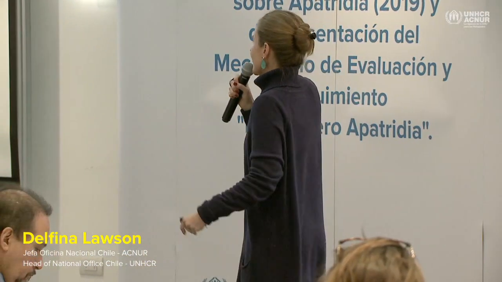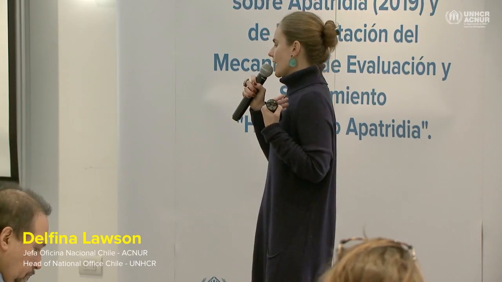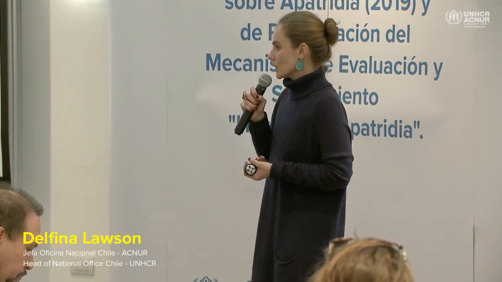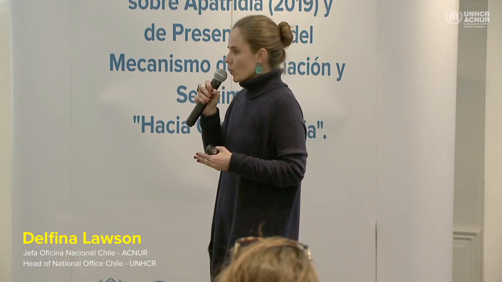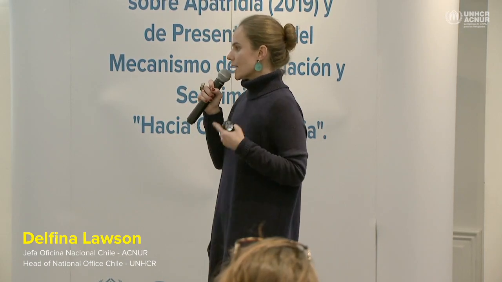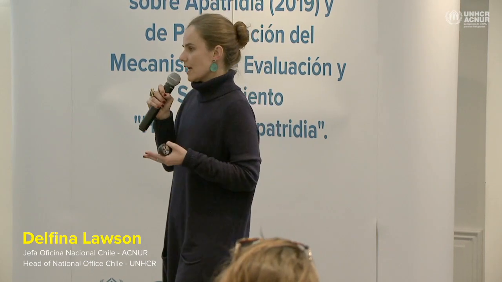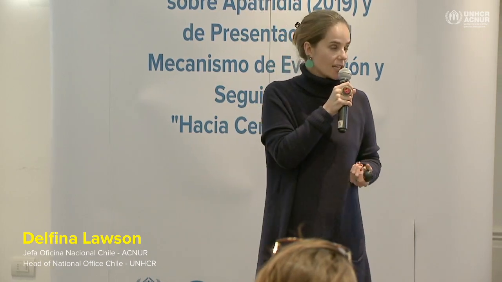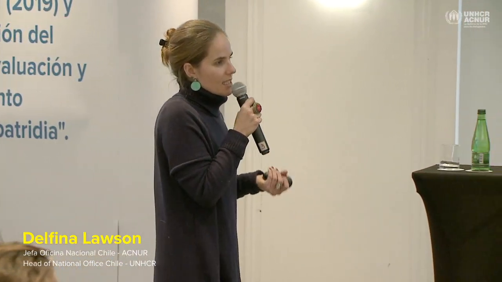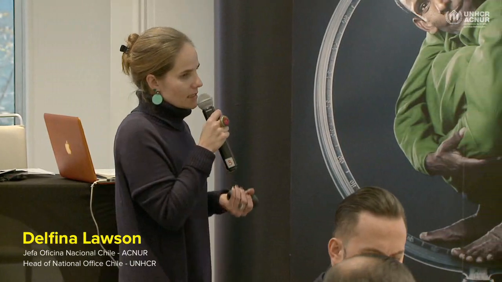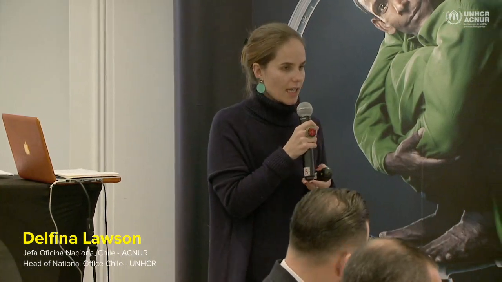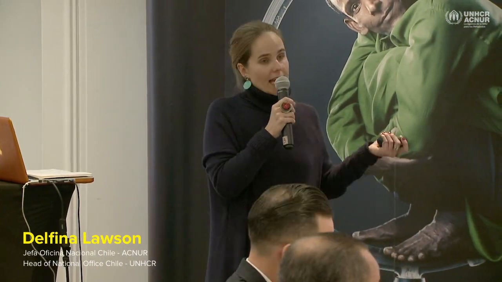As I mentioned at the beginning, when this began in 2015, the place where it was easier to identify children that had been registered as children of foreigners in transit were schools. So the Ministry of Education went through all of the schools at national level to identify where these children were, the ones still registered as children of foreigners in transit who were not able to obtain a nationality. In 2017, there was also the strengthening of the support of UNHCR in financial resources and funds, and this involved all of the different actors I mentioned earlier.